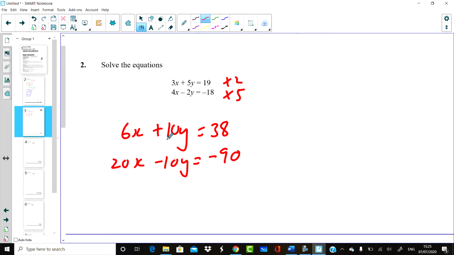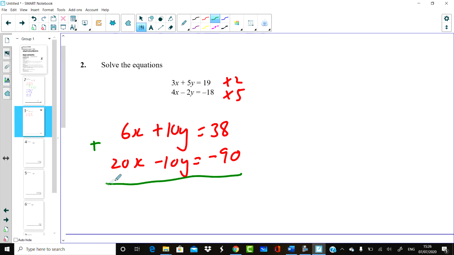Now we can eliminate this 10y. So like before, we subtracted, but that wouldn't work in this case. The reason being, if we had 10y minus minus 10y, two negatives become a positive, so we're going to have 20y. But we want to get this to 0. So what we're going to do instead is add both equations. So we have 10y add minus 10y, that's just going to be 10y take away 10y, and that's going to